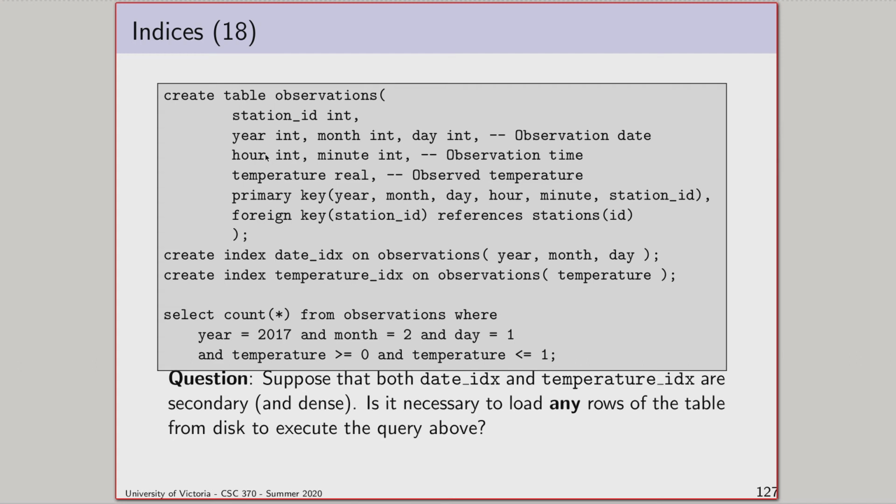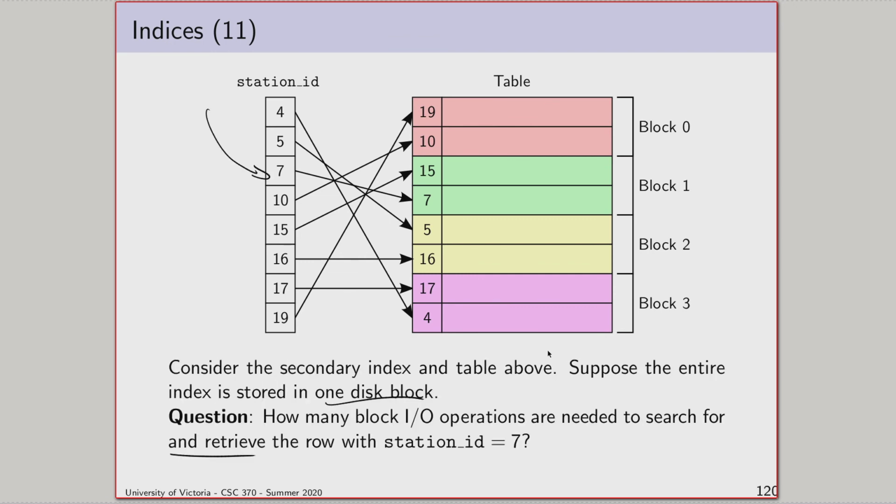One thing I want to observe here: suppose I'm doing a query where I say, give me every, or actually no, don't give it, just count. Tell me how many observations in the data set come from February 1st, 2017, and have a temperature between 0 degrees Celsius and 1. And we'll notice that I have an index on temperature and I have an index on date. And if I just asked you, could you tell me how many observations there were for this day, you would be able to do it,